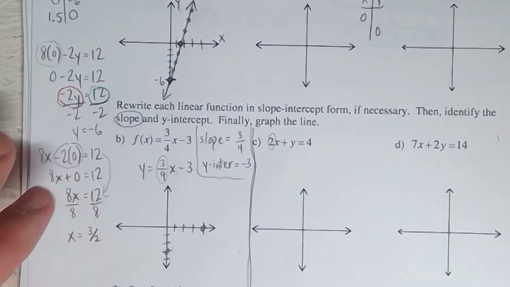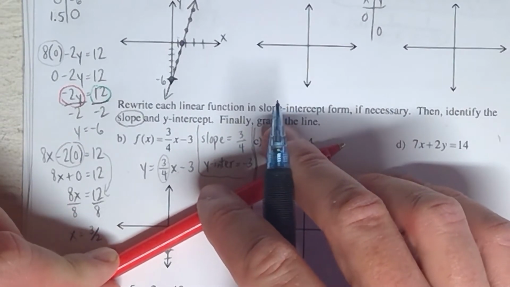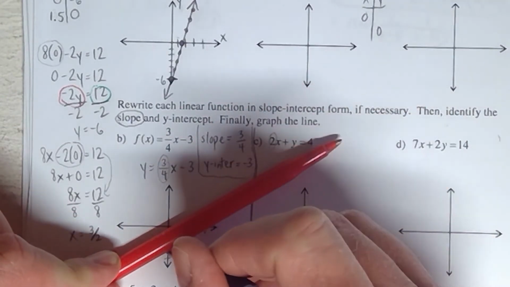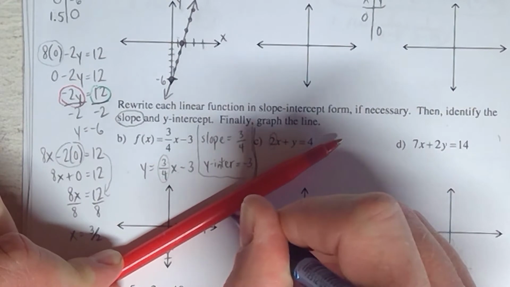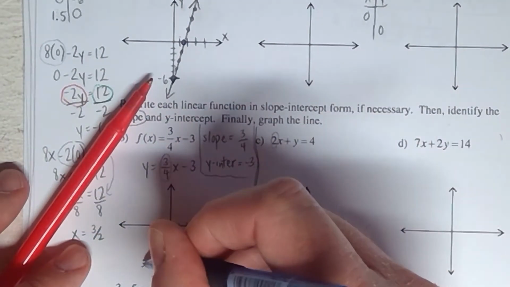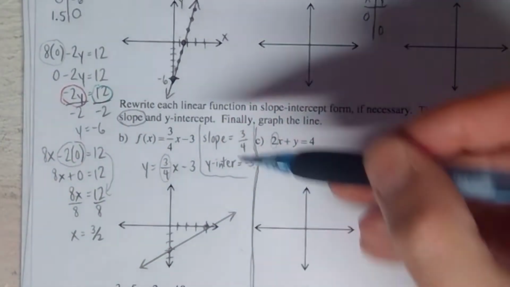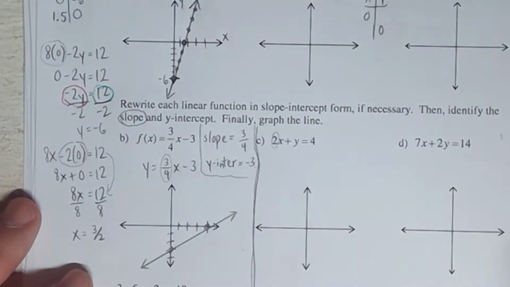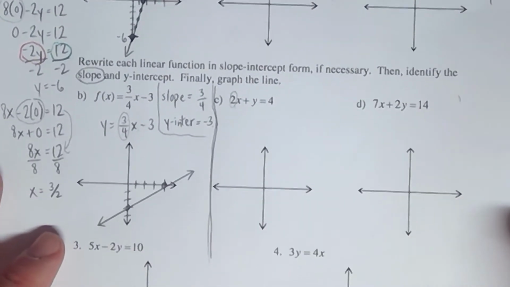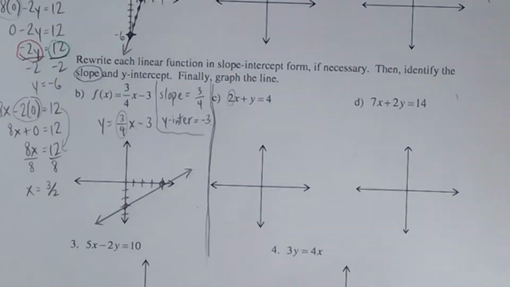And then once you get that second point, as always, draw your line. Again, make sure it's straight. And make sure it's got your arrows. Like that. There we go. And that's it. So we use the y-intercept for the first point, and then we use the slope to go from the first point to the second point, and then you'll have both points. Okay, now, in the next problem here,